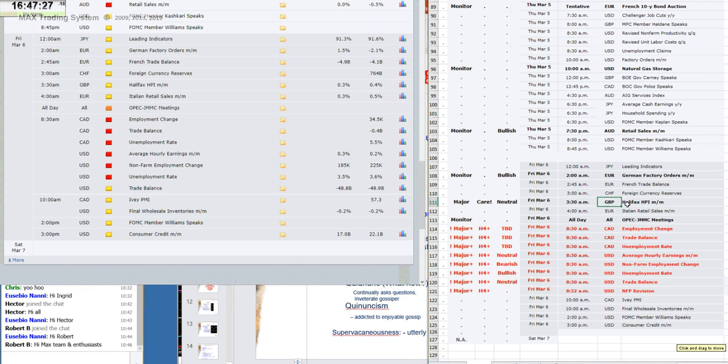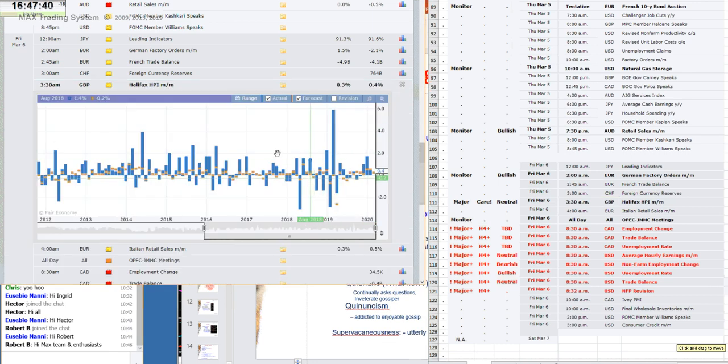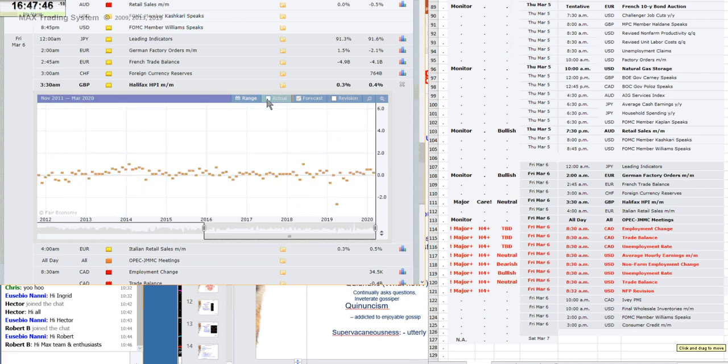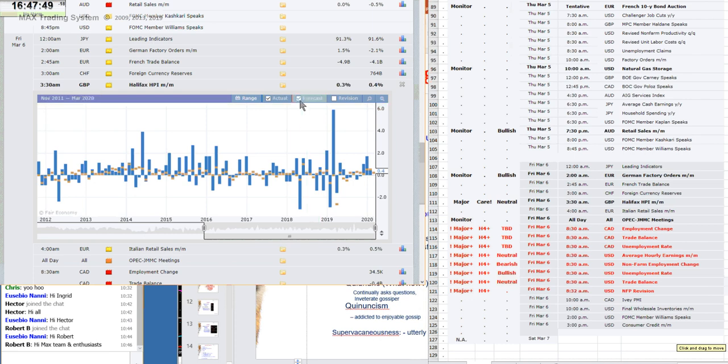And the way that you can find out a bit about how important it is, if I come over here to see the pound, so here's that pound Halifax. If I click on this, the graph, I can see here what was, if I take that off, so the blue shows the actual and the orange shows what was forecast. And you can see that sometimes it forecasts stuff, and when it comes out it's a big surprise. Forecast and it's a big surprise, forecast and a big surprise. So you can kind of figure that whatever comes out on here is likely to cause a bit of a